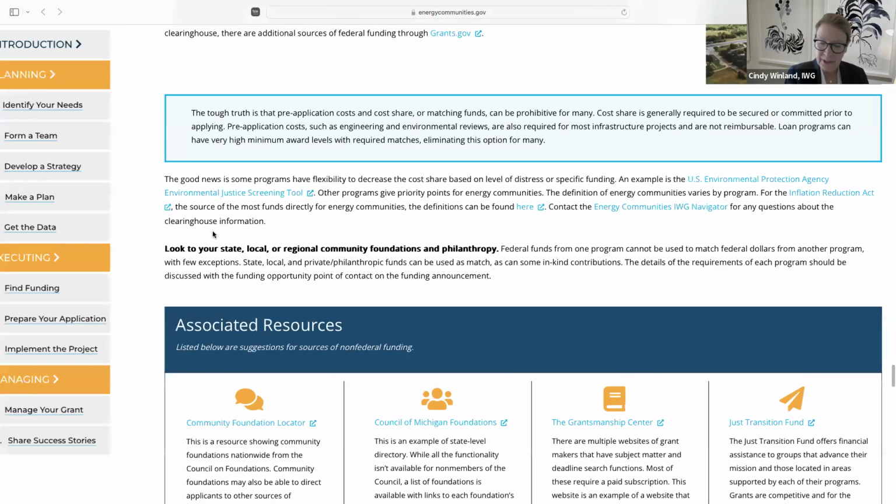Application costs, cost share, matching funds, pre-application costs can be a deal breaker, and we get that. It's expensive, especially if you're doing something that involves construction, when you have to get engineering and plans and make cost estimates. We understand that. The good news is that there's some flexibility in some programs based on the level of distress or just